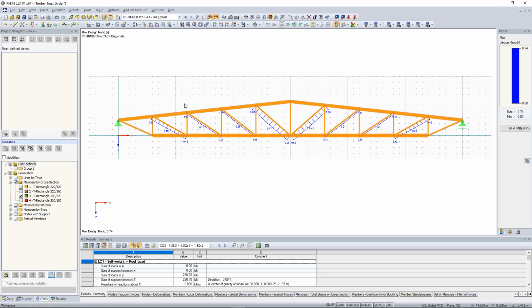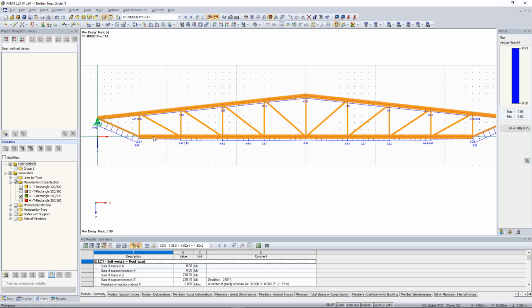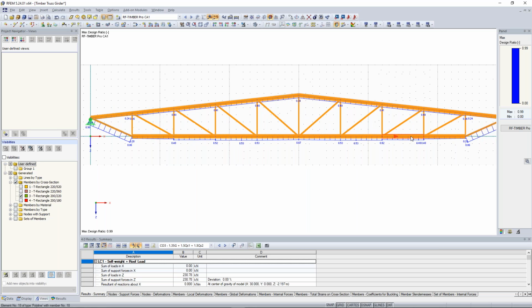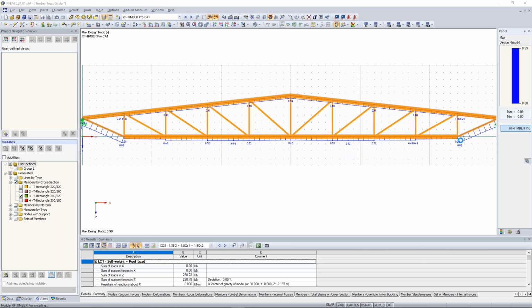truss structure here. But from the practical side, someone could say, okay, the optimum design can be that everything on this truss structure is nearly at a design ratio of 1. So when I jump back to this design ratio, we can say, okay, maybe we can design this lower chord nearer to the design ratio of 1. It's not so easy to say, but again, you can optimize